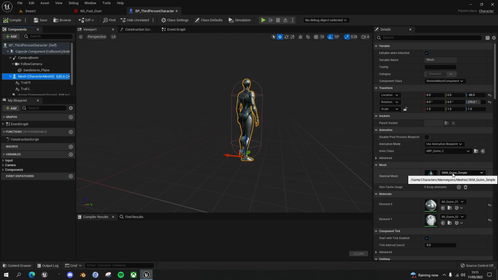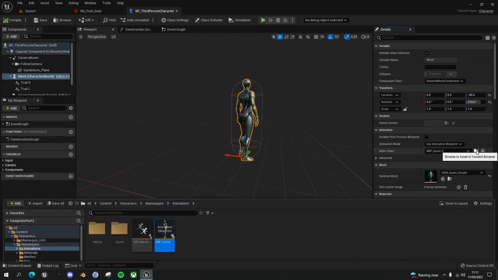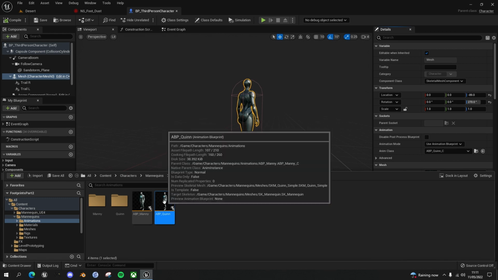So we're using the Quinn character, which is the female mannequin, and it's using this animation class, animation blueprint Quinn C. So this is in the animation blueprint. We want to find out where the animations are, and we want to attach the particle effect to when the foot hits the ground. So browse to the animation blueprint, open it up,